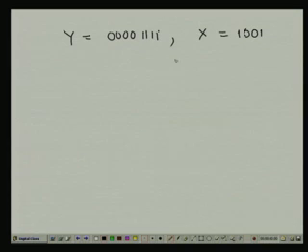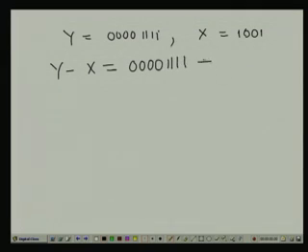Now, what will happen? Already we have seen that this is y minus x equal to y plus the 2's complement of x, which is 0 1 1 0 means 0 1 1 1. Now, if we add, it will be